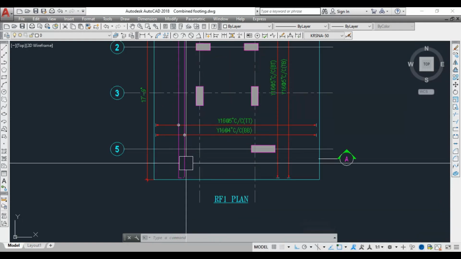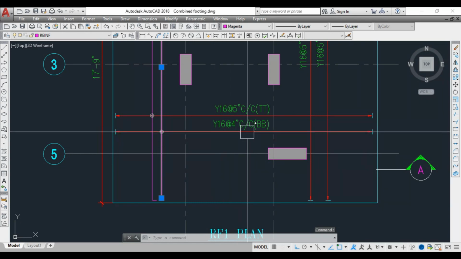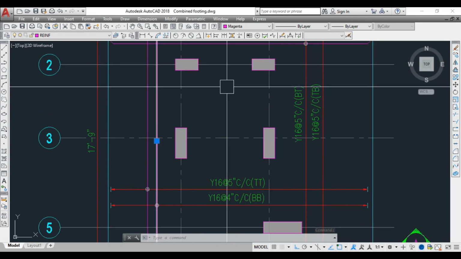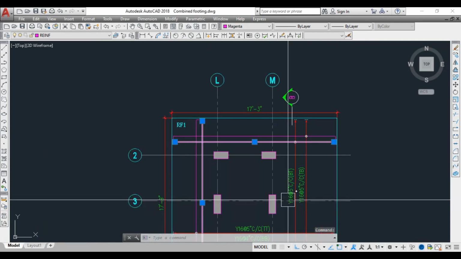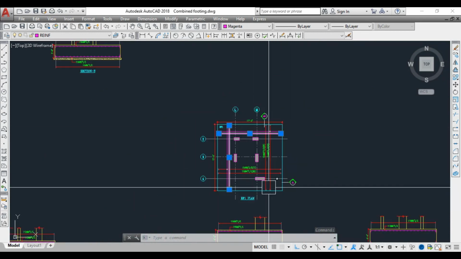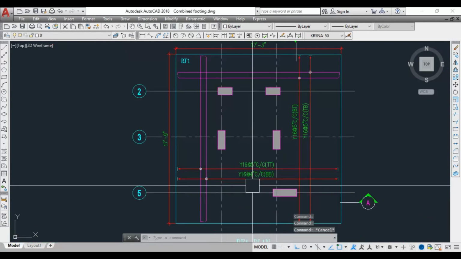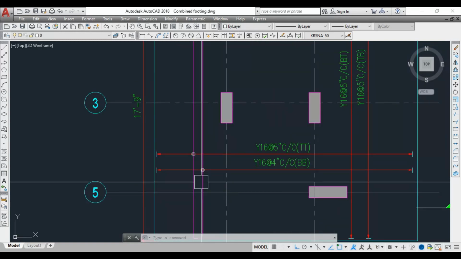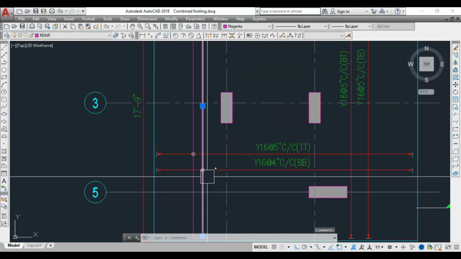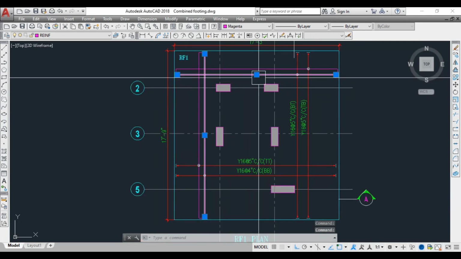Next, let's see the reinforcement details. So this is the bottom bar which is having Y16 at 4-inch center to center reinforcement detail, and here also this is the bottom bar Y16 at 5-inch center to center. Okay, now the point is which one should come first. So if we section here, this bar will be shown as a dot bar, and this one we could see as a line.